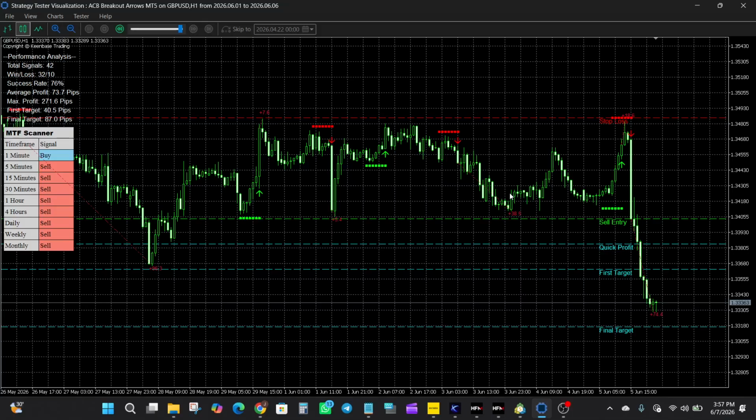So overall, the ACB Breakout Arrows for MT4 and MT5 offers a breakout focused trading tool with built-in target levels, performance metrics, multi-time frame scanning capabilities, and extensive alert options. As always, I would recommend spending time reviewing historical charts and testing the tool yourself, so that you can determine whether its signals and workflow fit your trading style before relying on it in live market